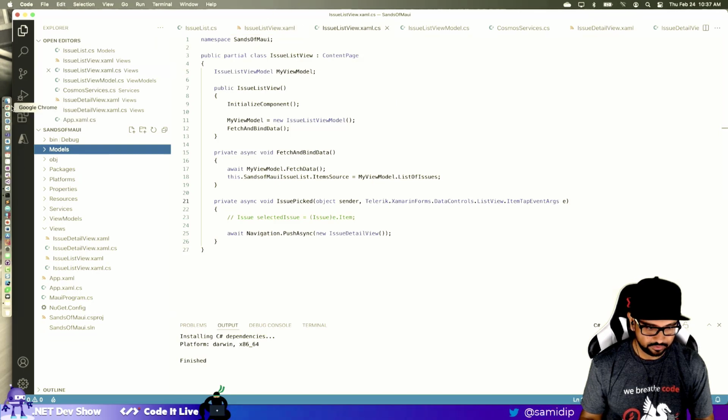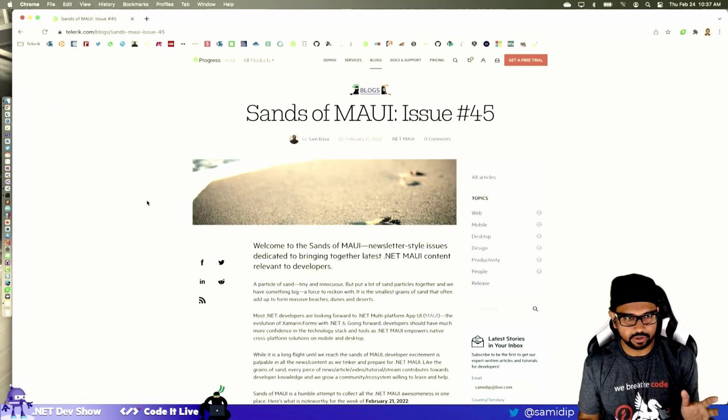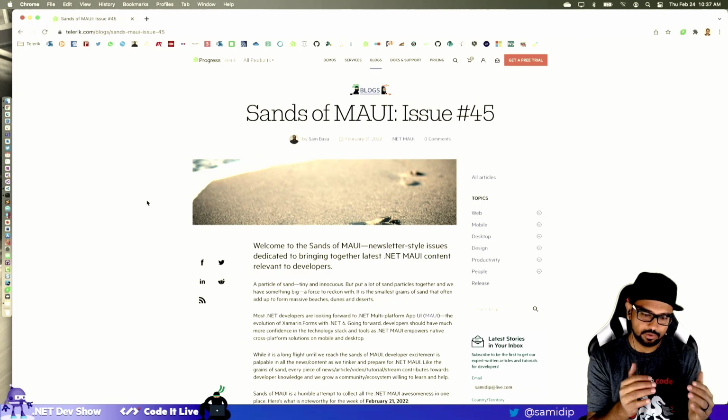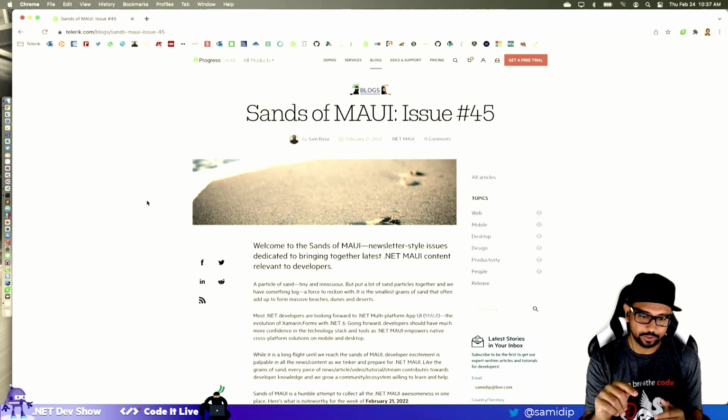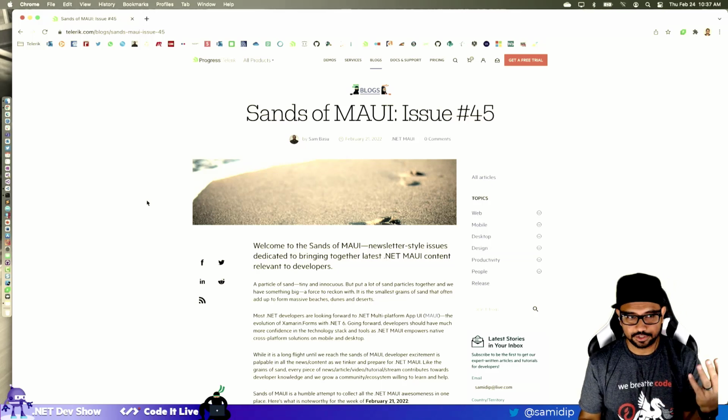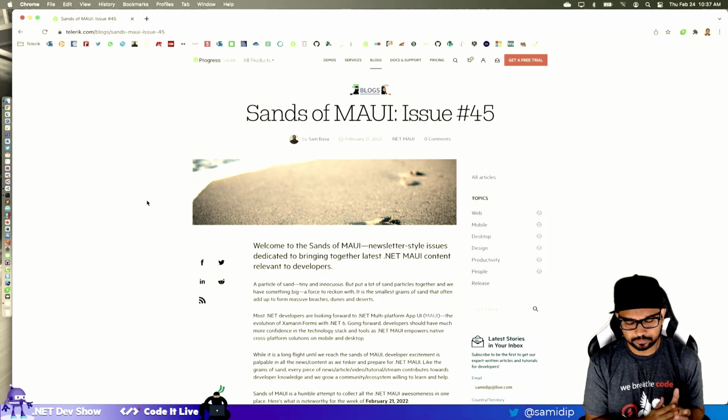So at the crux of it, we want a couple of things to happen. One is it's going to be a simple app. So I need to have one screen where I show you the list of all the issues, right? And then I need you to tap on one and be able to see this view. So first thing is to get a list of issues. Second is to go into the detail of each issue. So it's almost like a master detail page.